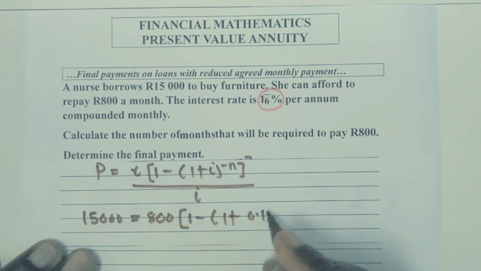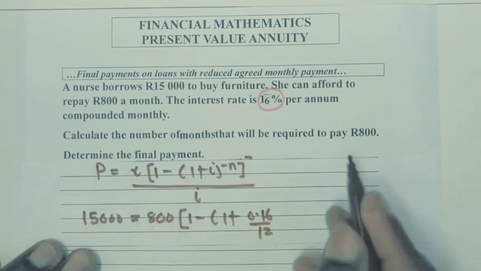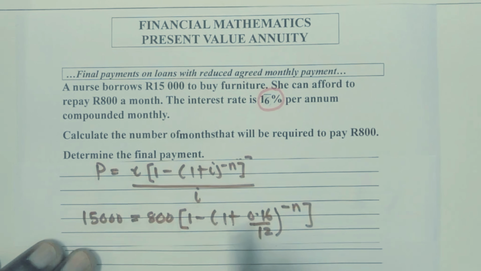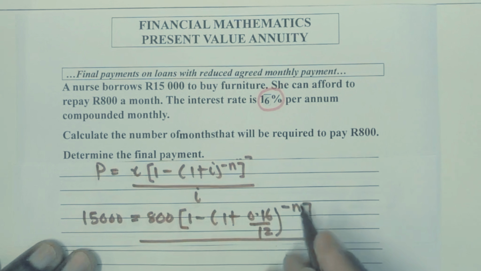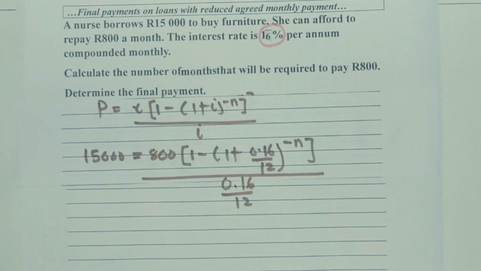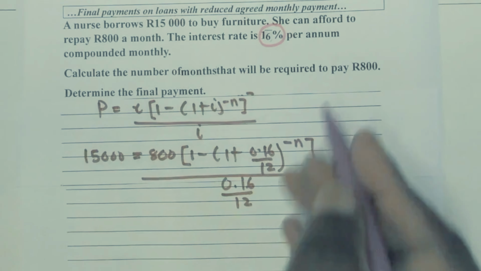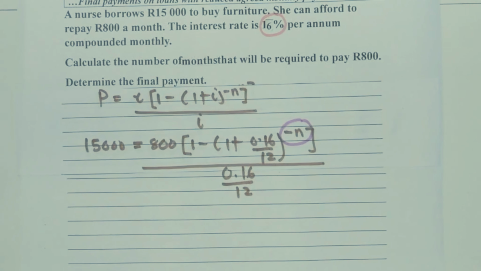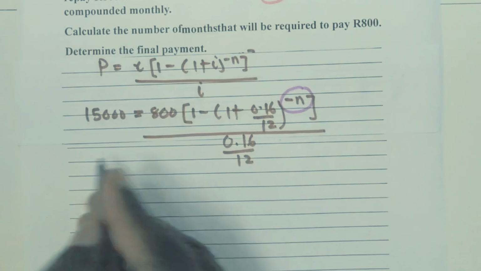My interest rate is compounded monthly in this question, so I divide by 12, and then the interest is also divided by 12. And in this question here, we should note that we need to isolate negative n, and eventually we get our n here. So in my first step, I'm going to say